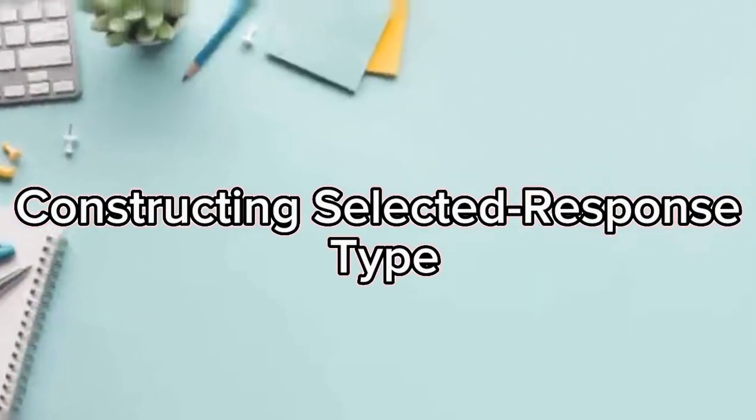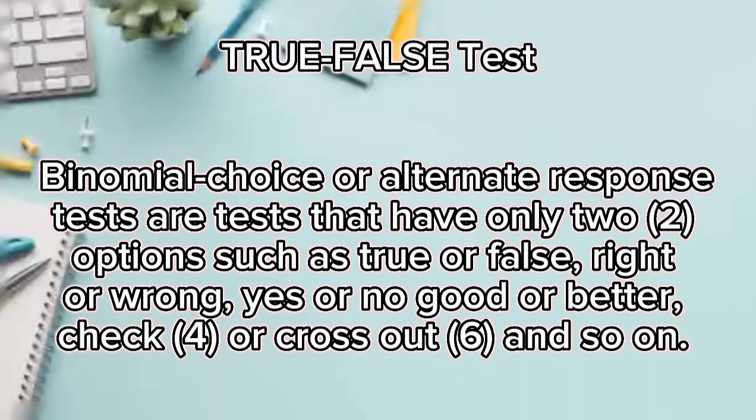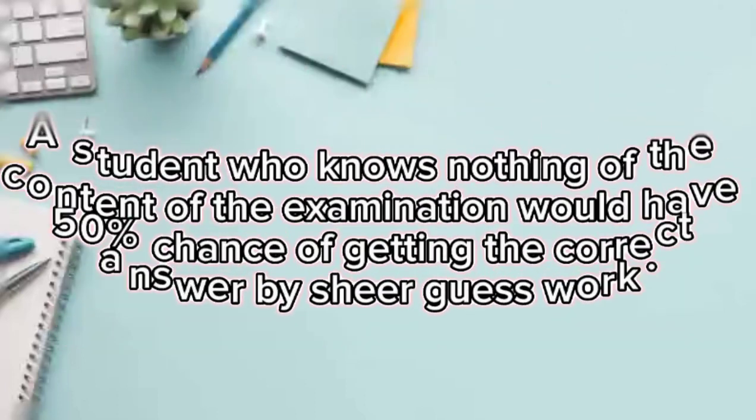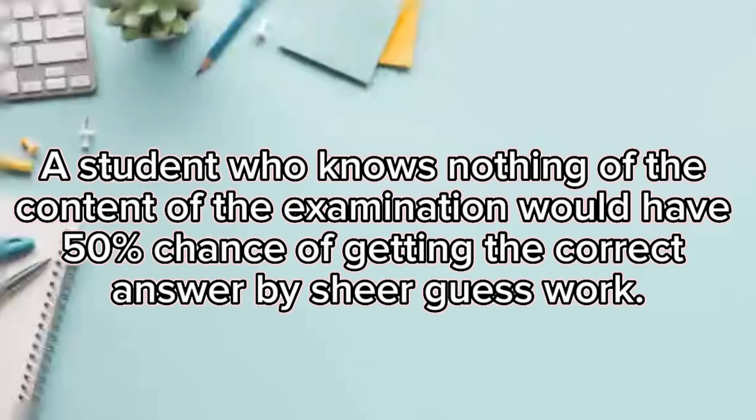Constructing selected response type. True-false test. Binomial choice or alternate response tests are tests that have only two options such as true or false, right or wrong, yes or no, good or better, check 4 or cross out 6, and so on. A student who knows nothing of the content of the examination would have a 50% chance of getting the correct answer